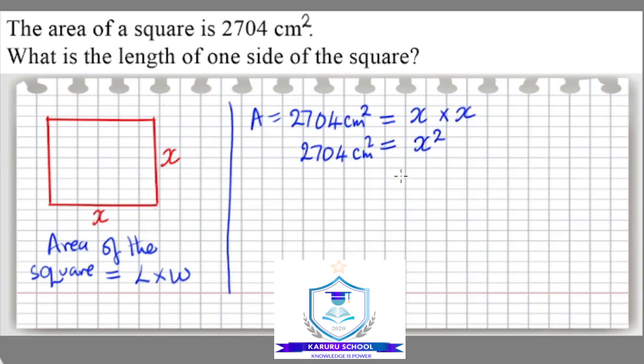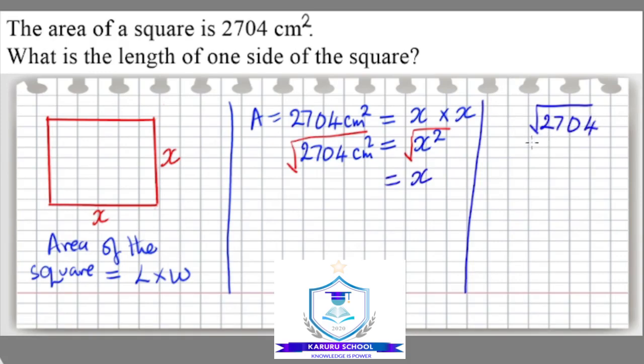So to find the value of x, we will be expected to find the square root on both sides. So we find the square root here and we find the square root on this end. So the square root of x squared is x, and then the square root of 2704 centimeters squared will be obtained by, we can do it on the side here. So we have the square root of